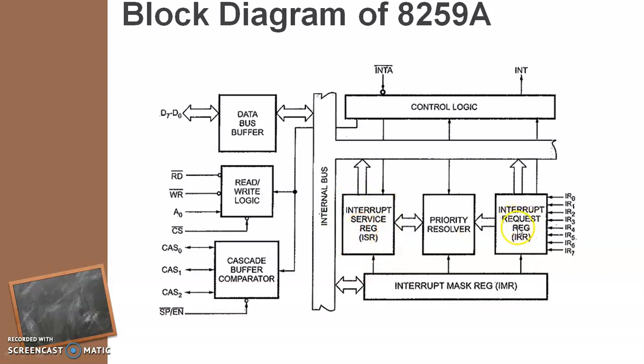So IR2 has made the request, so this request is accepted and it is now in the process of servicing. Therefore the interrupt request will be made 0, and in the service register it will be entered as 1. Okay, and then at the third INTA signal, immediately the bit will be set to reset. So there are various ways by which your interrupt request could be reset.